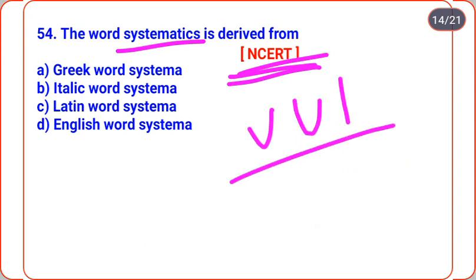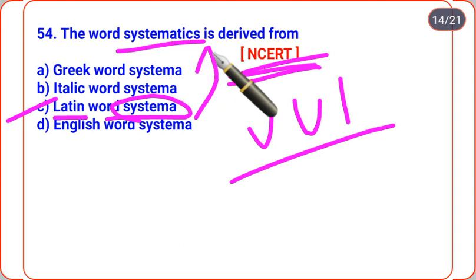So here our correct option is C, Latin word systema. Systema is a Latin word. So the word systematics is derived from the Latin word systema to systematics. Option C is correct. Okay, next,